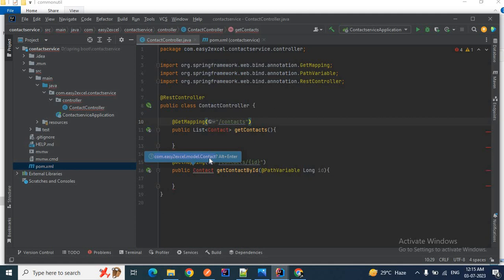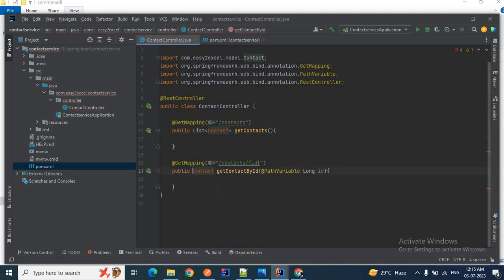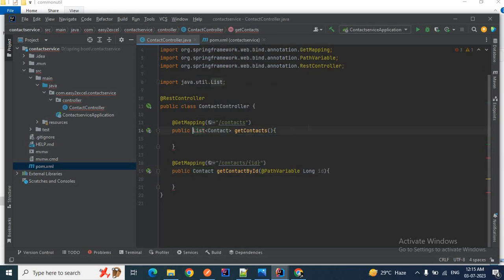It is present inside this one. So let me import this one. See here, now the contact class is resolved as we have added the required dependency. Then let me import the list class as well. List is a Java util class.